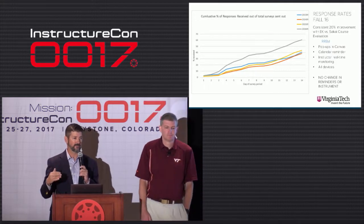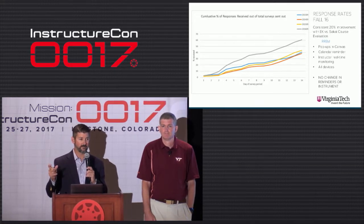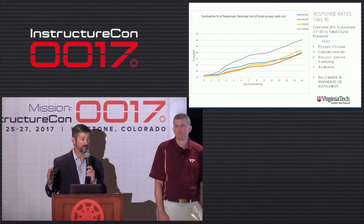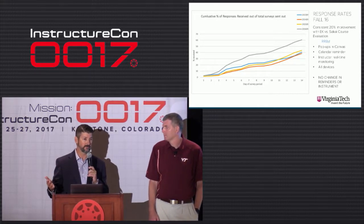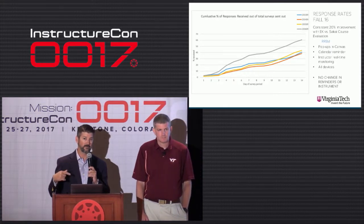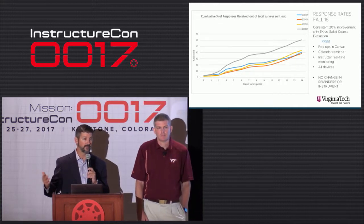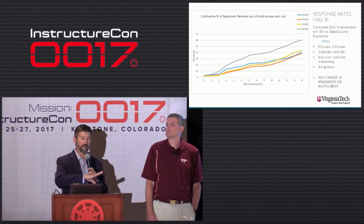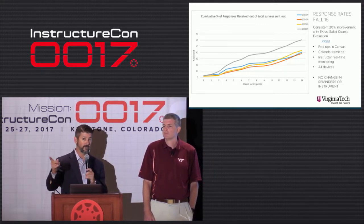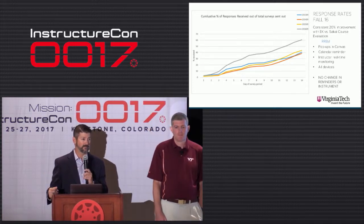There's an instructor results area in EvaluationKIT that allows an instructor to look at results for themselves, and they can choose any period of time or combination of courses that they want to look at, and they can generate those results in PDF format, like the sample that I showed earlier. They can also download their raw data results if you permit them to, store those offline, perhaps use them in another program if desired. I don't have an example of that report to show right this moment, but if you want to stop by our booth, today or tomorrow, we've got some examples on there that we can show you